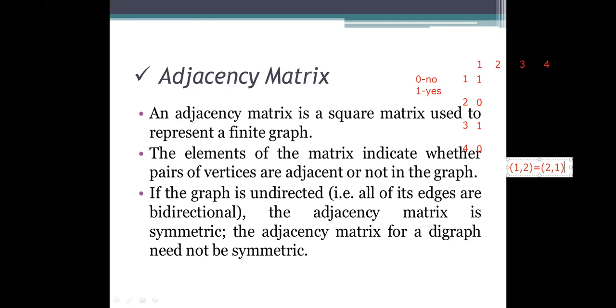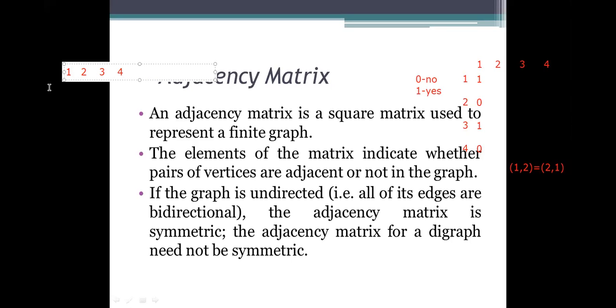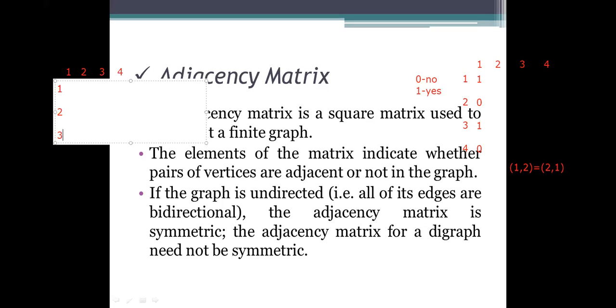So whenever you are filling a representation using the directed graph, what happens? I am taking the example here of an undirected graph.